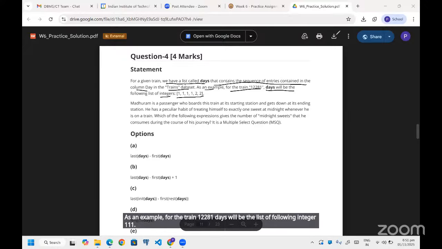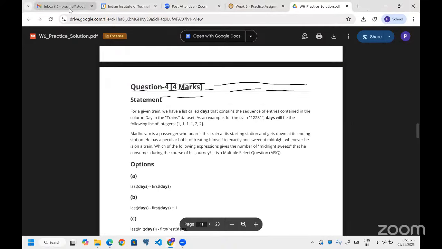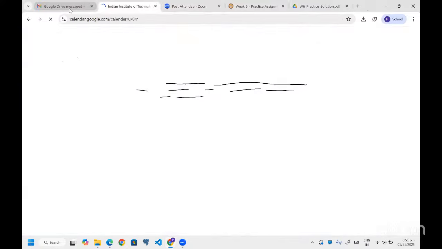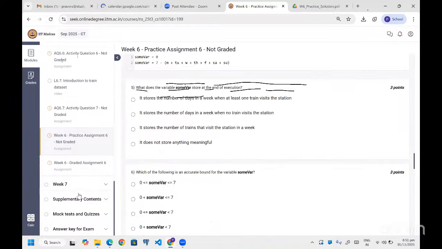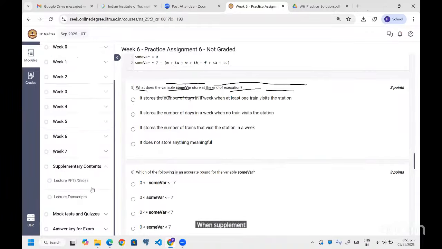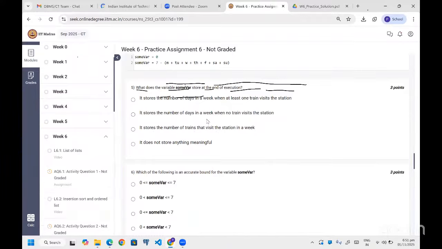So we'll show you maybe the trains dataset. Just a minute. One supplementary content, again, it's not there. Okay.